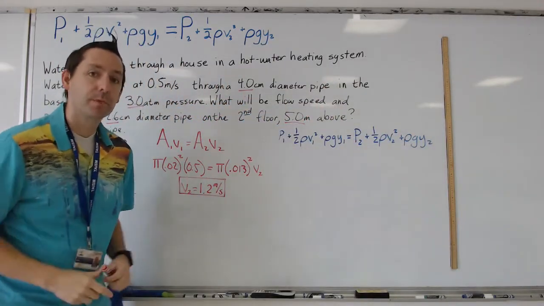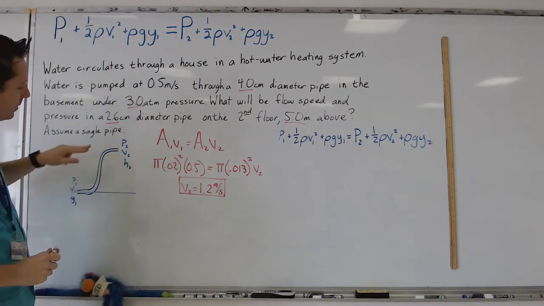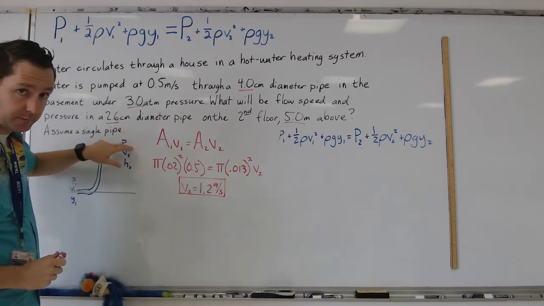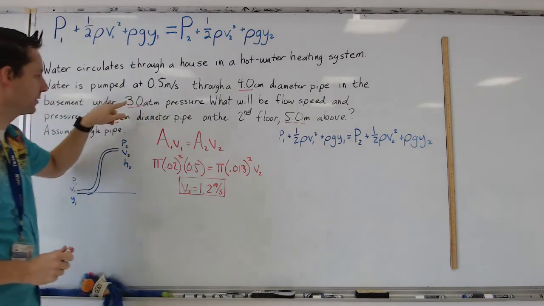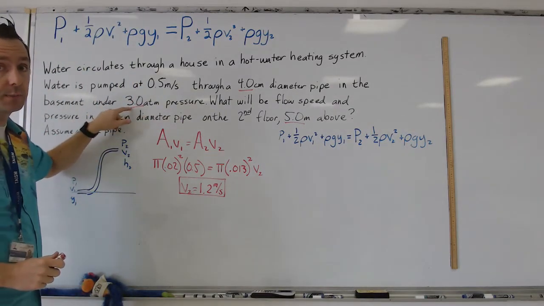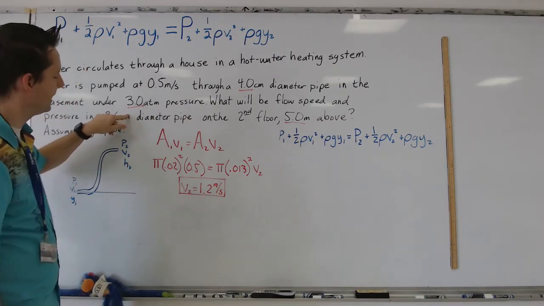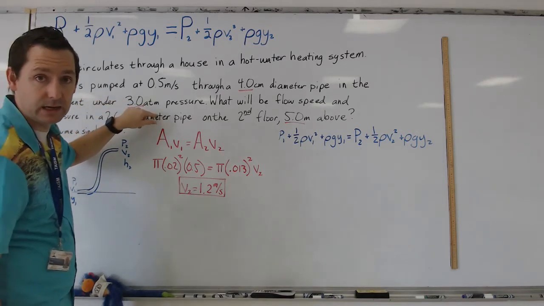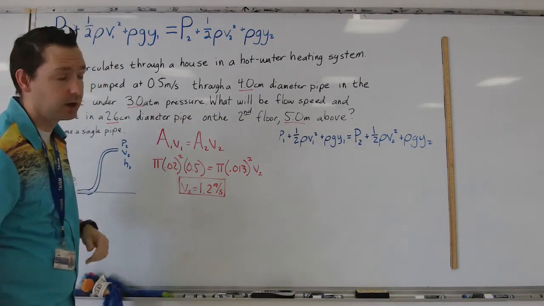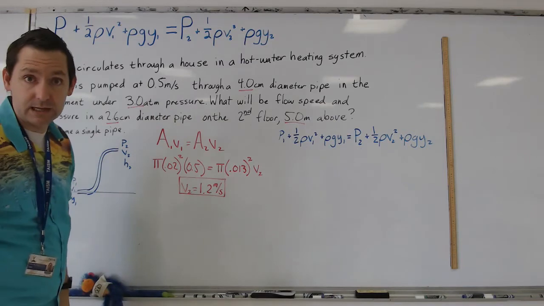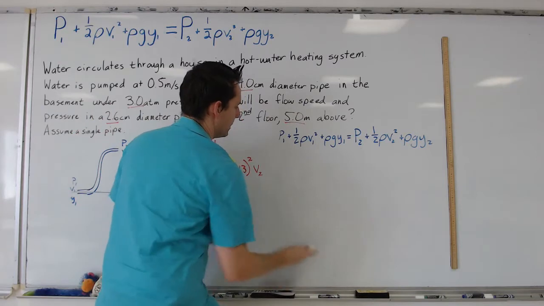All right, so what do we got? We can identify this as being point 1, initial. This is point 2, final. So from here, pressure 1, we know pressure 1. That's the pressure in the basement. That's the 3 atm. Now remember, we do want it all in SI, and so look at your formula packet. There is a thing that says 1 atm is equal to 10 to the 5th pascals, and pascals is our units for SI. So we're going to use pascals here. Okay, so we do know P1. P1 is going to be